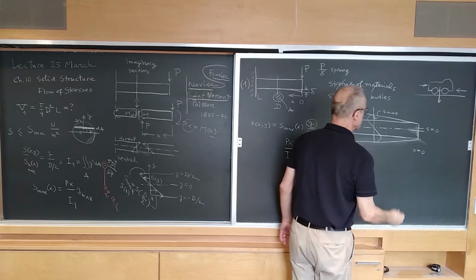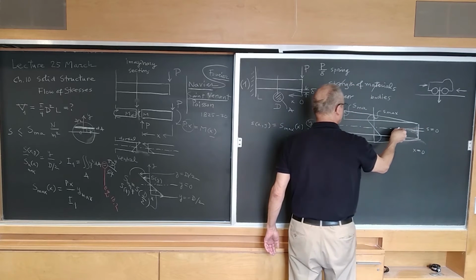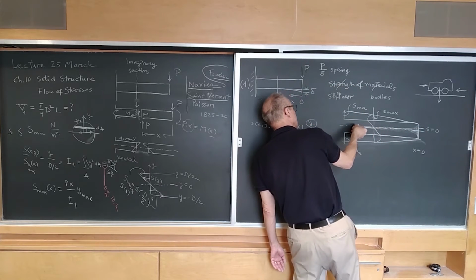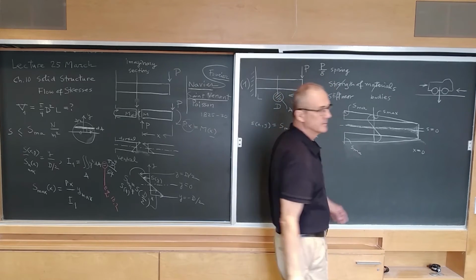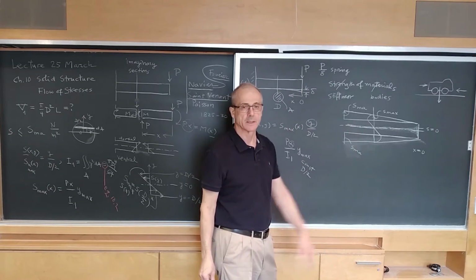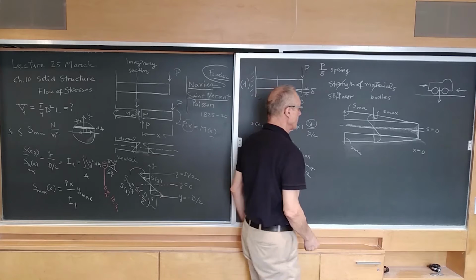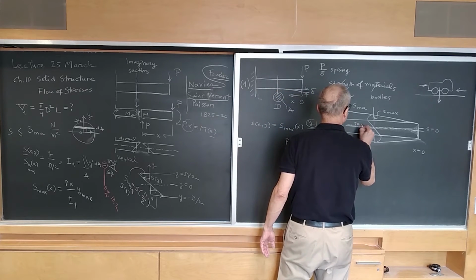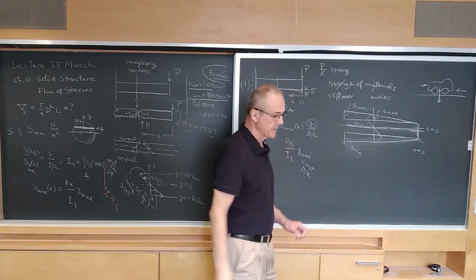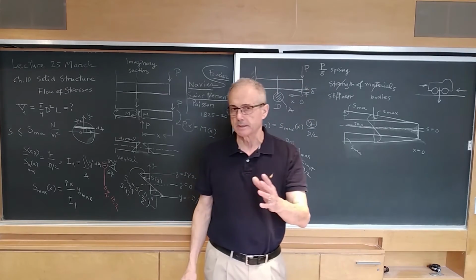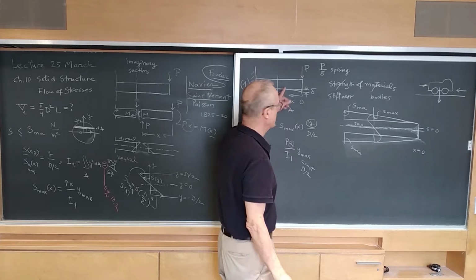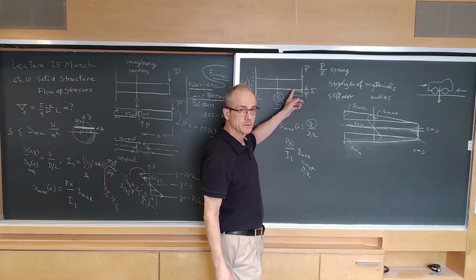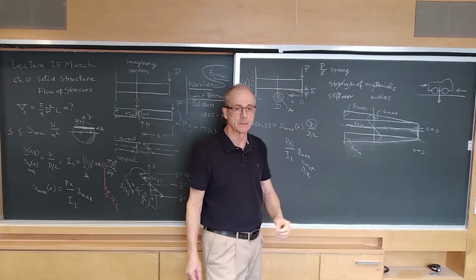In fact, they are 0, famously along the center line, or the mid-plane. So S equals 0. From this we get a hint that for a solid cantilever beam, a lot